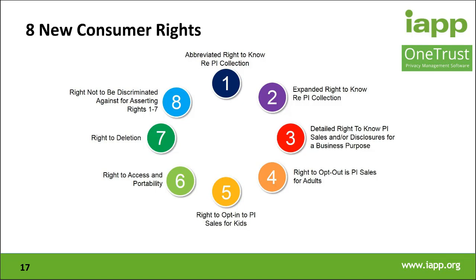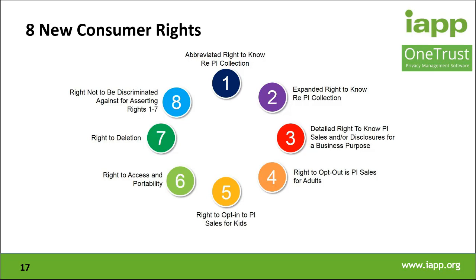So in terms of the new rights, let me just drill down very briefly and then talk about some things more specifically. There is an abbreviated right to know about data that is collected, the purposes and the categories of data that are collected under 1798.100A. There's an expanded right to know, that California residents will get to know about how their data is used from companies that collect personal information, and that's under 1798.110. There is also a right to know about the sale of personal information and also disclosures for a business purpose. So I wanted just to emphasize this. That's under